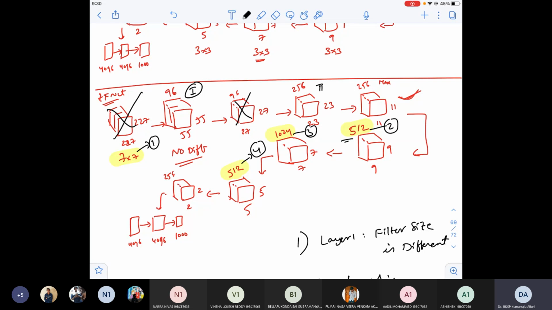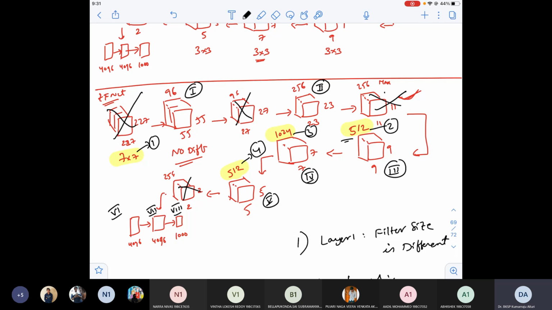So this is also a convolution operation, layer 2, and this is ZFNet, 27 by 27, 23. Yes, this is ZFNet. This is also the max pool layer, and then this is the third layer, this is the fourth layer, and this is the fifth layer, and then this is again a max pool layer, then this is the sixth layer, this is the seventh layer, and this is the eighth layer.